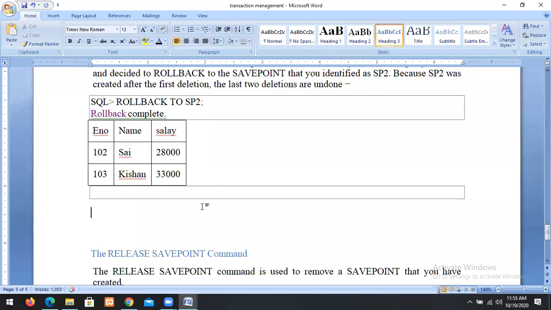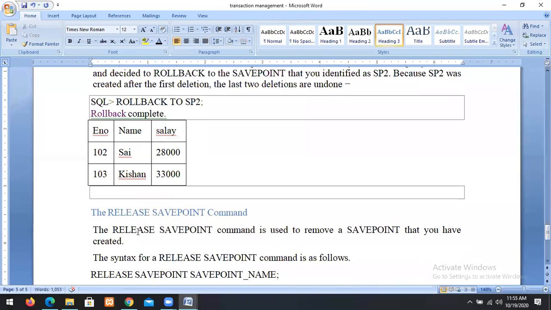So save points 2 and 3 are rolled back and 1 is deleted permanently. Like this, we can apply the save point command.